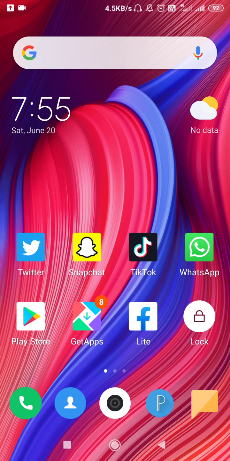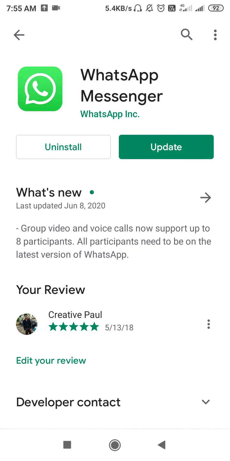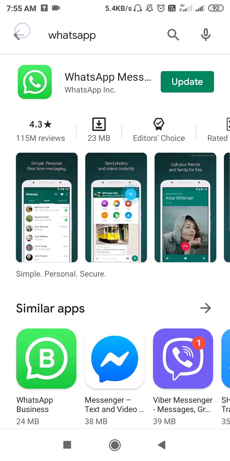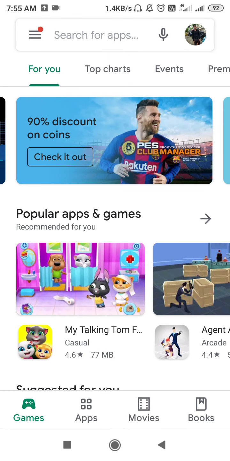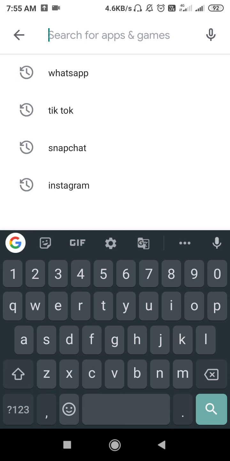So guys, what you need to do is, the first thing you have to follow, go to Play Store. Okay, this is the only option for you, because many of the times we face some features not working problem in our applications. Okay, so it simply means and warns you that you have to update your application.